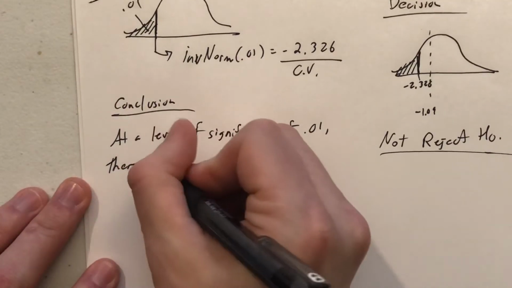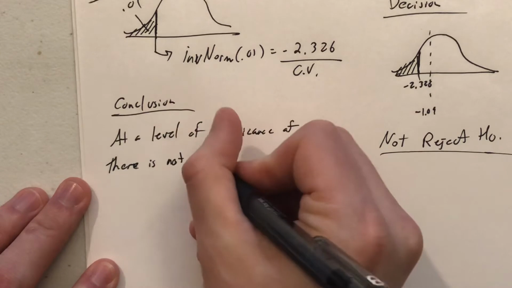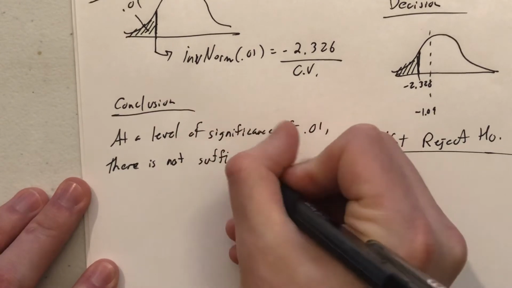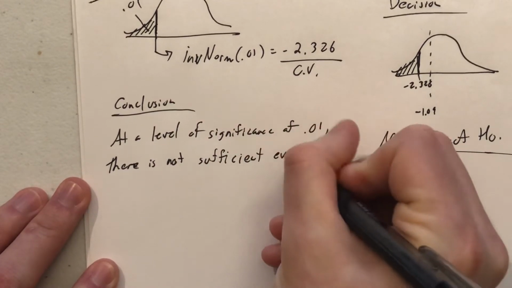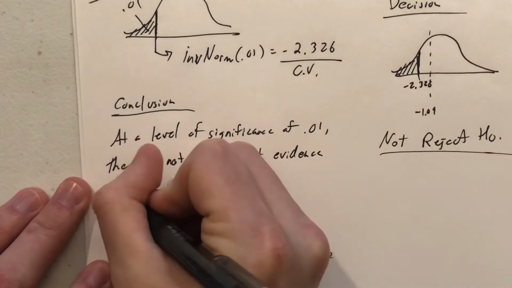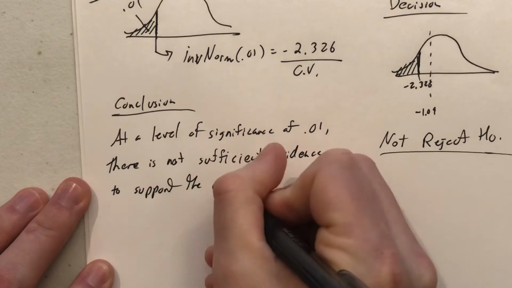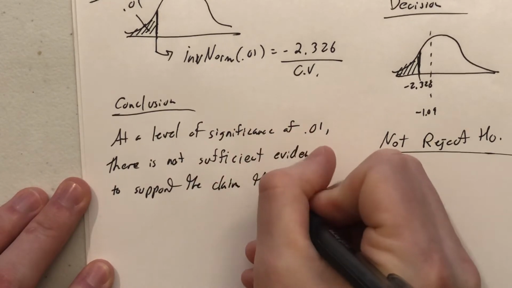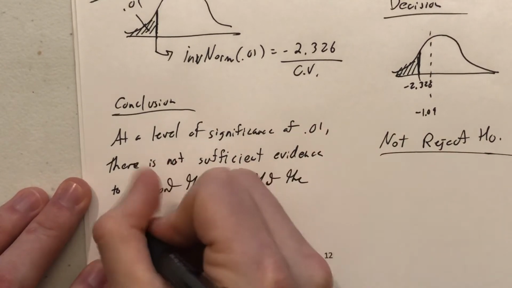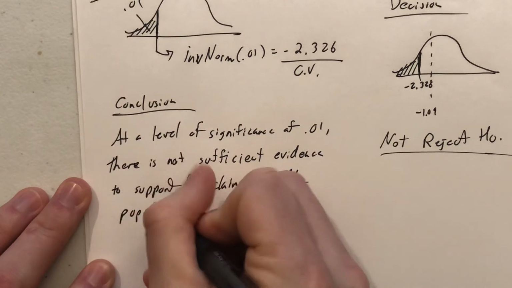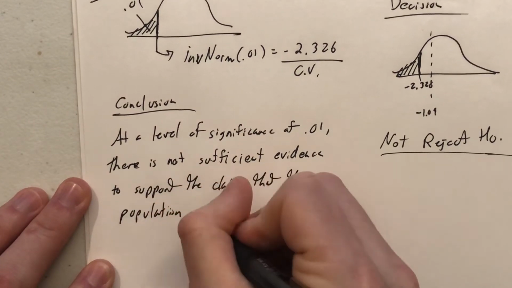So we will be saying there is not sufficient evidence to support the claim that the population proportion